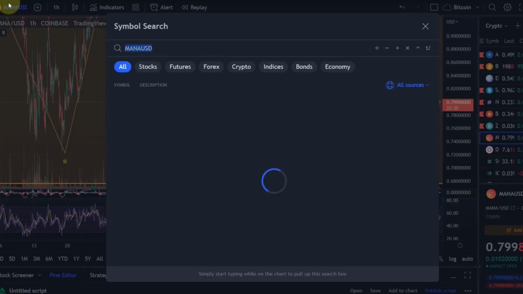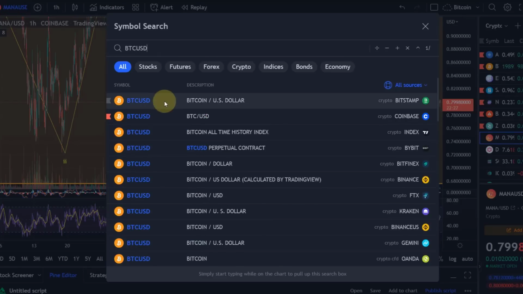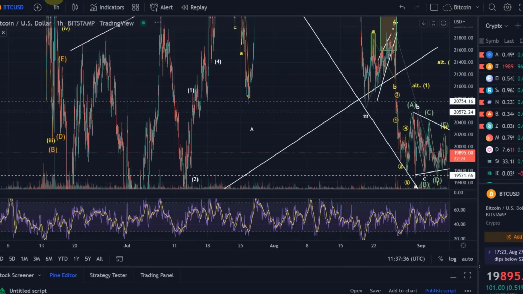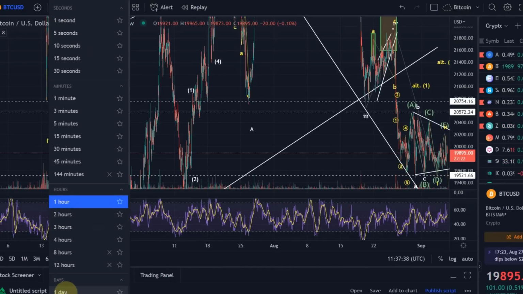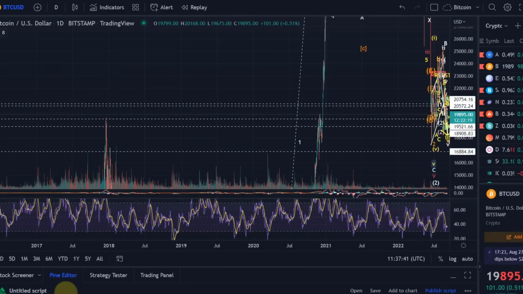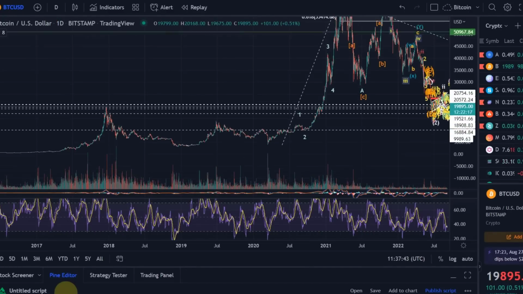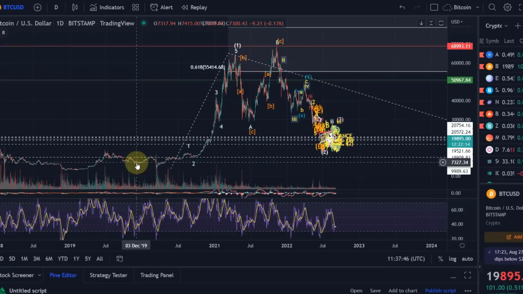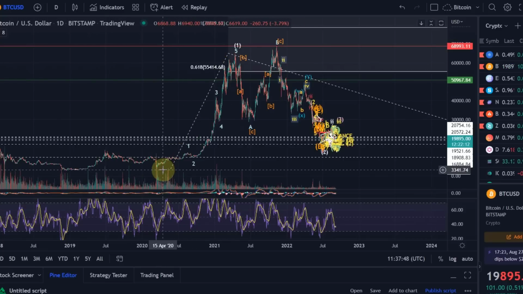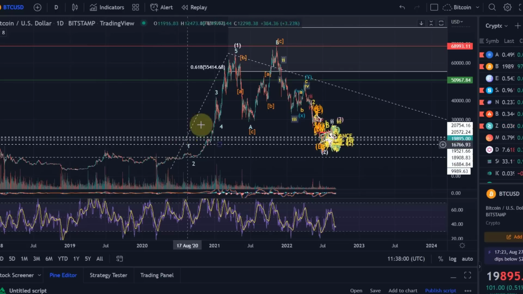Just go back to the main Bitcoin chart just to show you the longer time frame as well, because a lot of people asked. So longer time frame chart, main chart here is Bitcoin created a wave 1 to the upside here that started at the COVID low at around $3,760. So this chart would technically get invalidated below that level. Yeah, so we move up here in a wave 1, came down in an A, overshooting wave B, and we're now coming down in the wave 2.